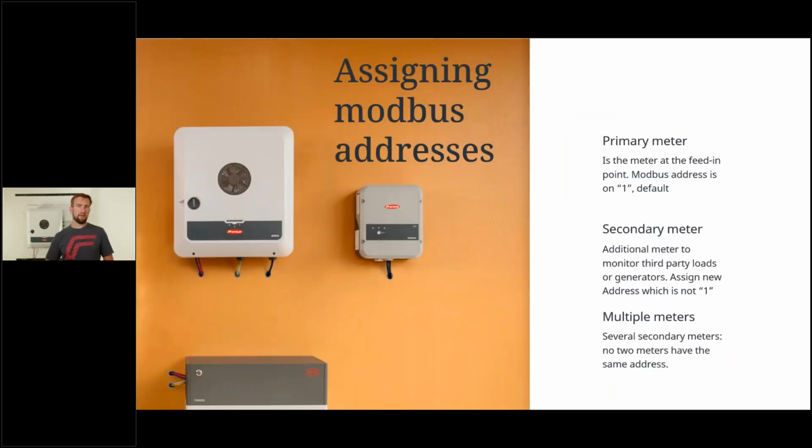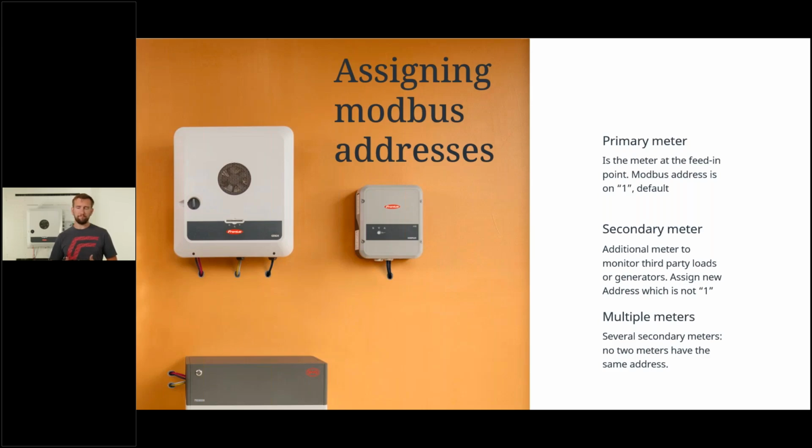The primary meter is always going to be given Modbus address 1. Now, you don't have to change anything here. 1 is the default. 1 is the address that they are issued from the factory with. If you're only installing 1 smart meter, you don't have to worry about the Modbus address at all. You just simply install it, and the inverter will take that over as being the primary smart meter that should be at the feed-in point. This is going to be the smart meter that gives the inverter information on surplus in the entire system and can therefore optimize any load management